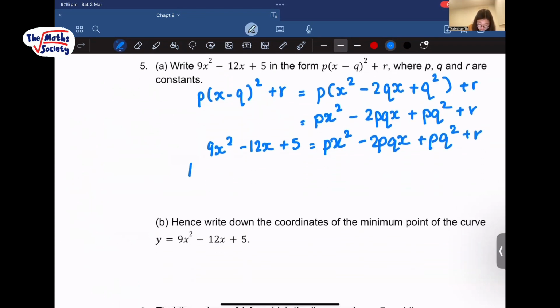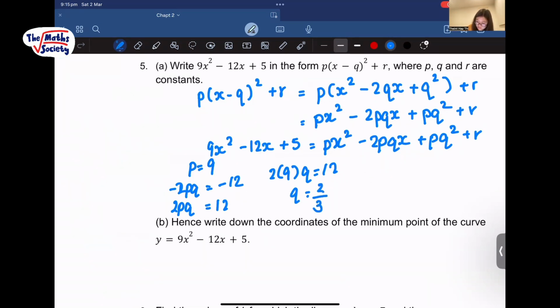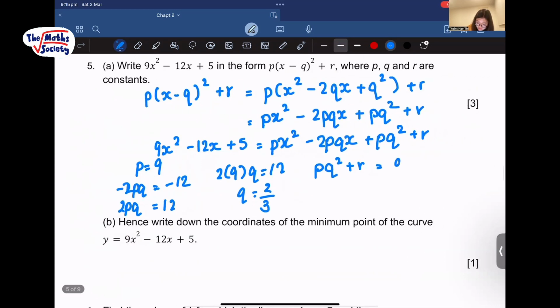So then we have p equals 9, and then we have minus 2pq, but it has minus 12, so minus 2pq equals minus 12, so we can remove the minuses: 2pq equals 12. Then 2p was 9, q equals 12 over 18, which is 2 by 3. And then we have p q squared plus r equals, p is 9, q was 2 by 3 squared,